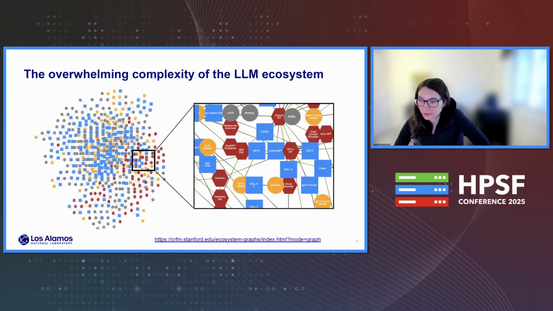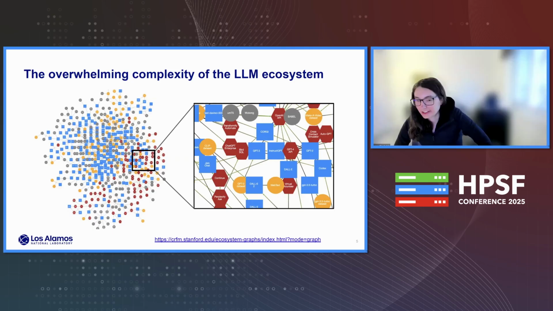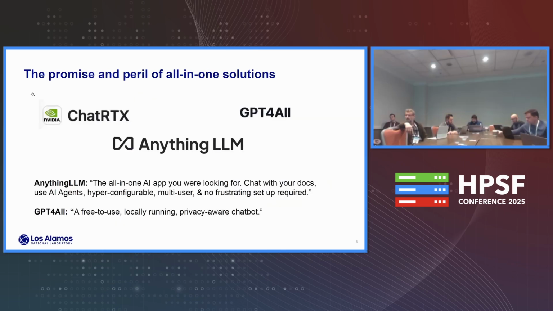When we started this project, one of the challenges is the large language model ecosystem is super complex. I found this network diagram by a group at Stanford that mapped out all the data models and tooling. If you zoom in, you can see some things that are recognizable, but even after a year in this space, I don't know all these tools. So what would you choose?